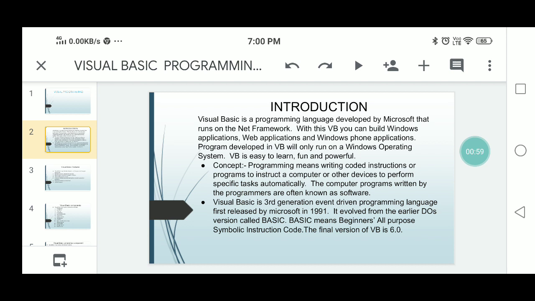Programming means designing a set of instructions to instruct the computer to carry out certain jobs much faster than human beings can do. Programming means a set of instructions written in the logical implementation of a selectable language. So the computer programs written by the programmers are often known as software.